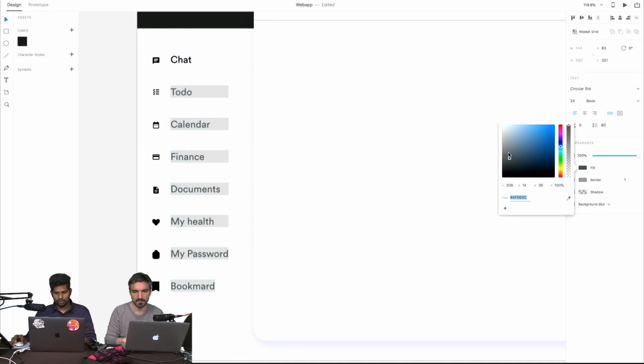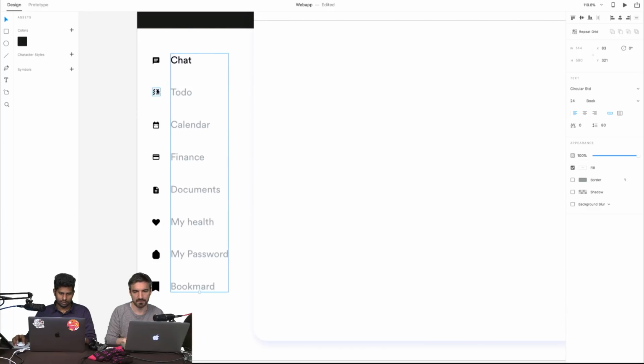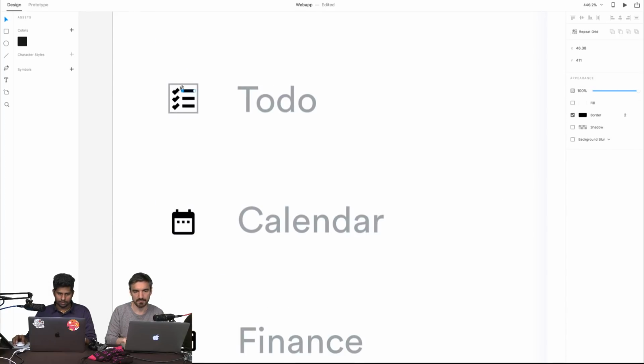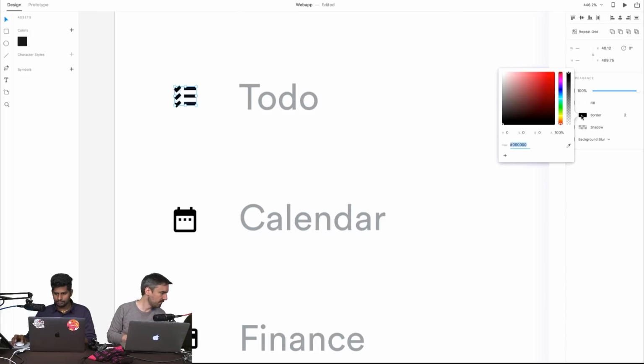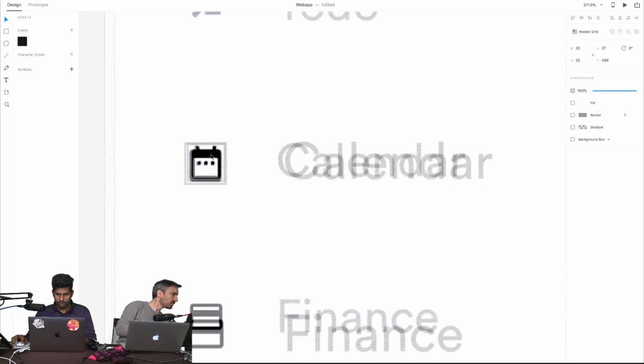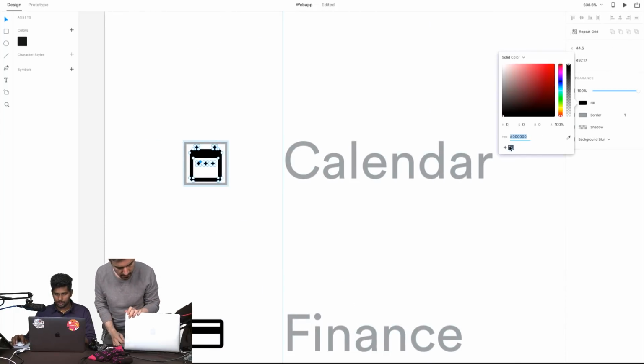So I'm going to gray out all the icons which are not selected. I'm going to select bluish gray here. I'm going to add the color so that I don't need to copy again.